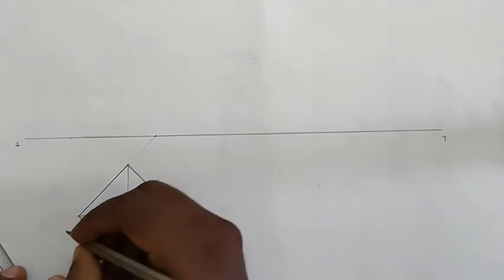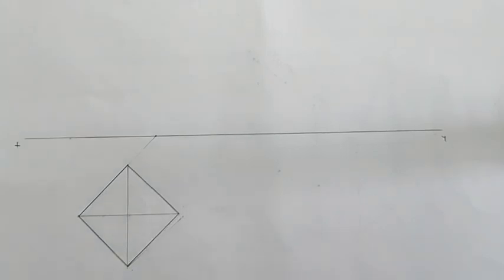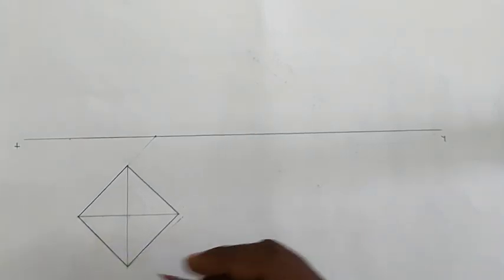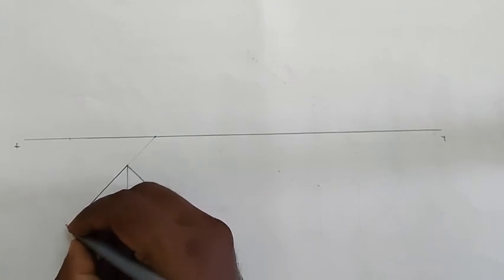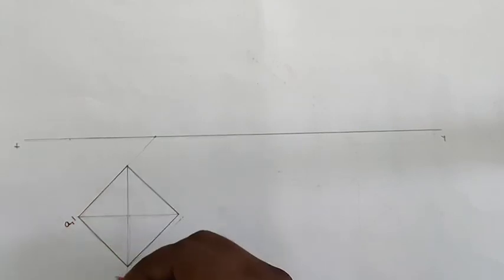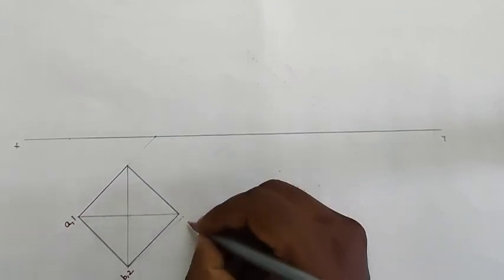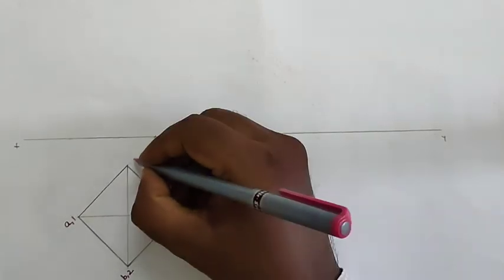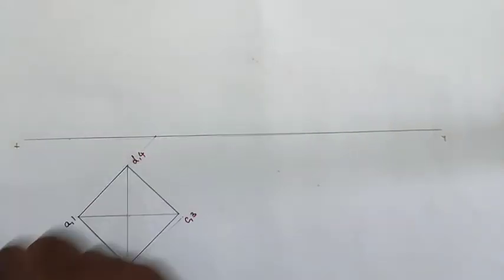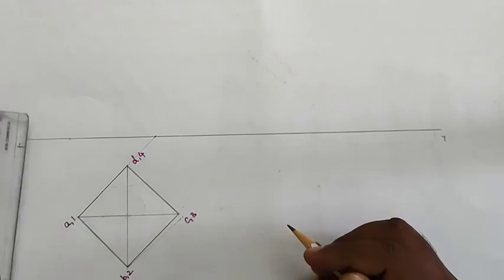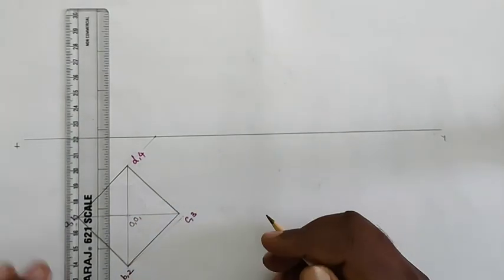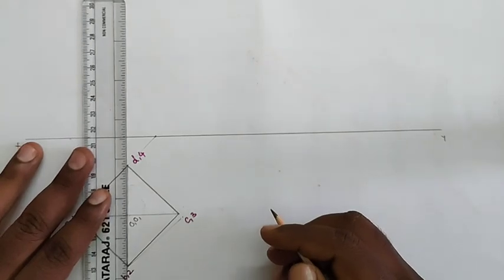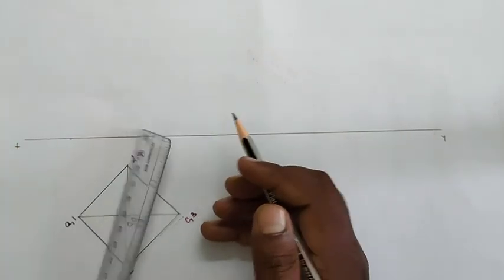Finding the center, I am giving the naming for this square. We know that the cube also has two bases, so we are giving two types of numbering: B, 2, C, 3, and D, 4. And this is the center O, O1. From the center of that top view, we will draw the axis line.